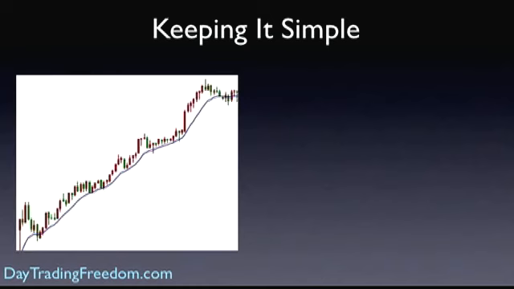Very smooth, as you can see. Price is just going up and up and up, and you could pretty much buy anywhere on that and then sell a bit later on, and you're probably going to make some money because the price has moved nice and smoothly. Same would be true if you were going short. Going back to the shorting video from a few weeks ago, if you turn that chart upside down, you could sell at the top and buy at the bottom, or anywhere in between, and hope to make some money.